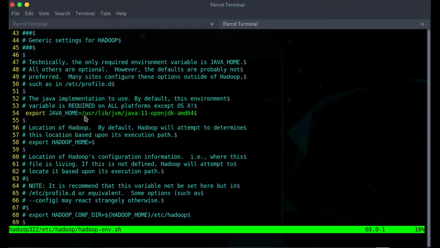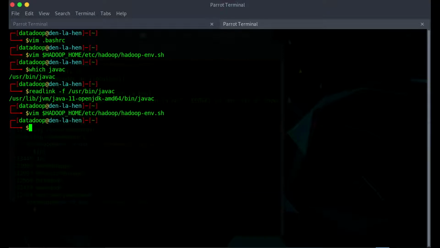This is how you can find out where your Java is installed and type that location in line number 54 of the specific file. Then go for escape :wq, enter. So this is done.